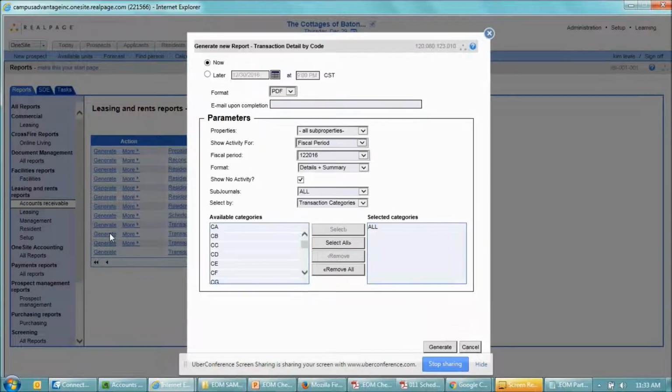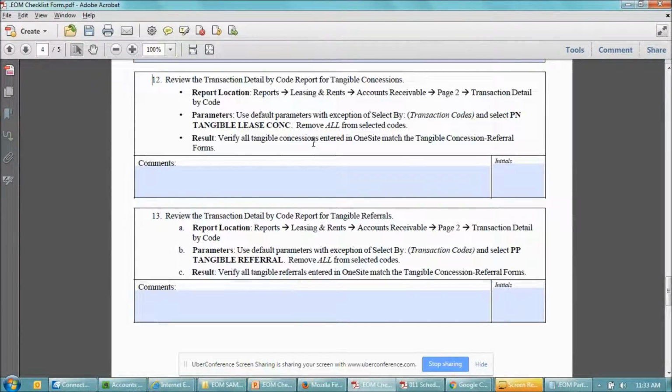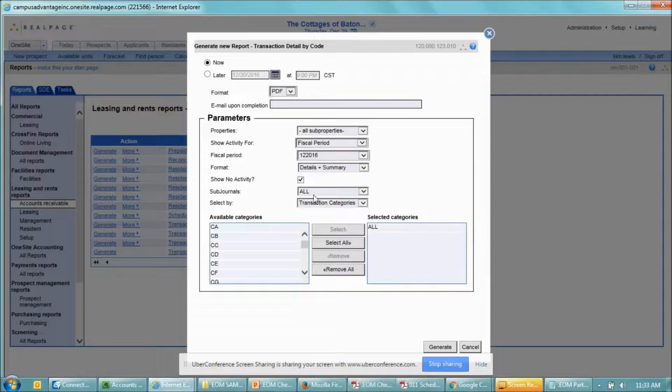We're actually going to end up running this report twice for end of month. And the default parameters do need to be adjusted to do 2 different codes, one code for each time we run it. The first one we run is the PN tangible lease concession code. So we're like, okay, let me go isolate just the tangible lease concession code. And we come here and we're like,